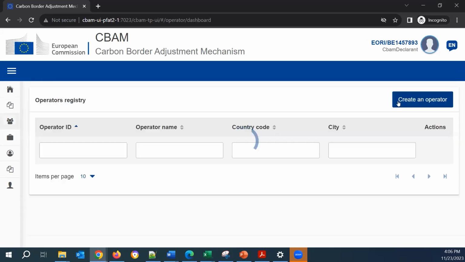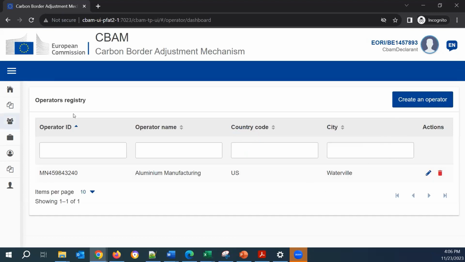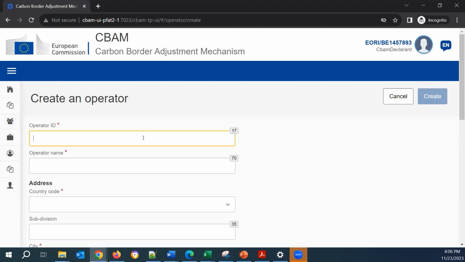We can cancel it to go back to the operators registry, and then I will create my new operator with the ID. This is my ID, the ID of the third country installation operator. Sorry. The operator name is cement manufacturing third country operator.